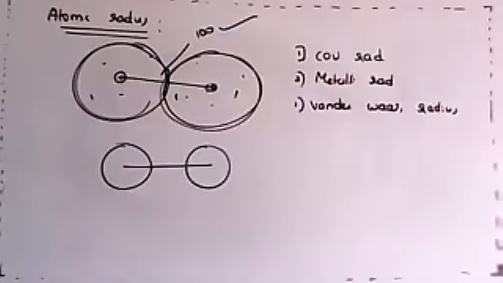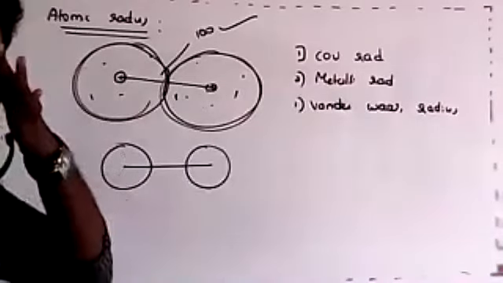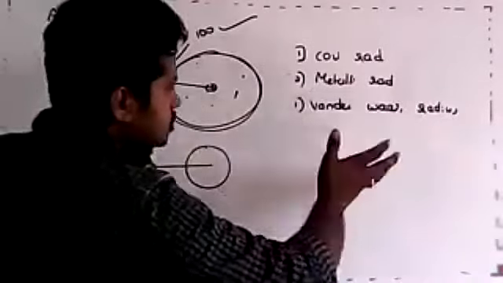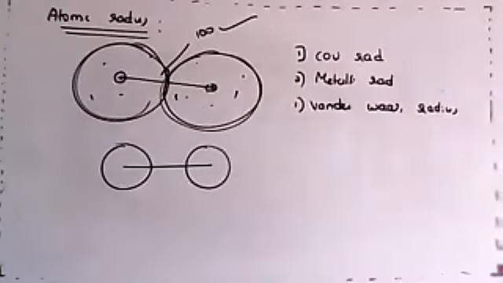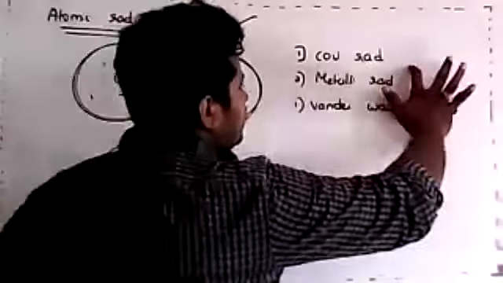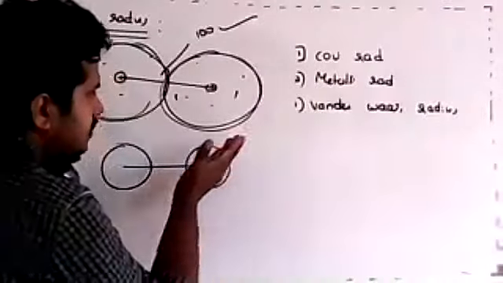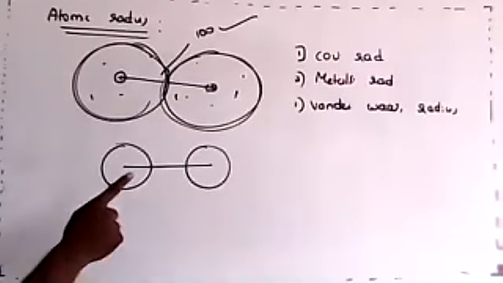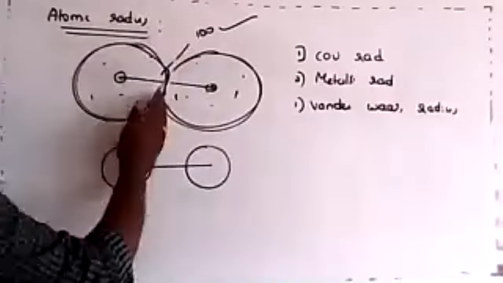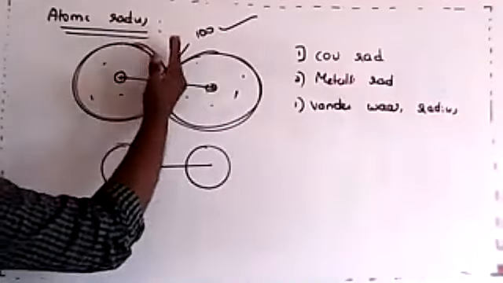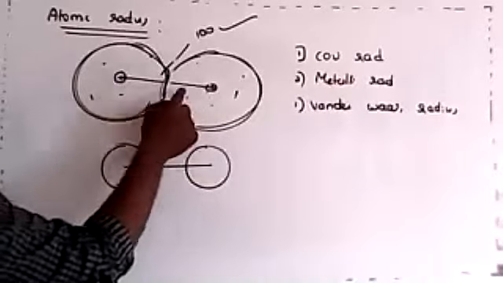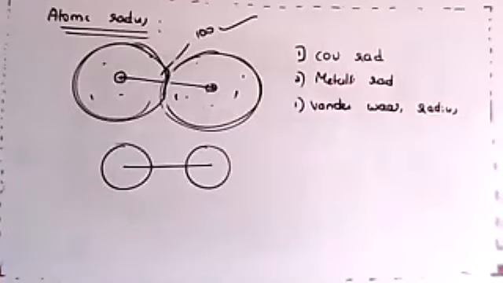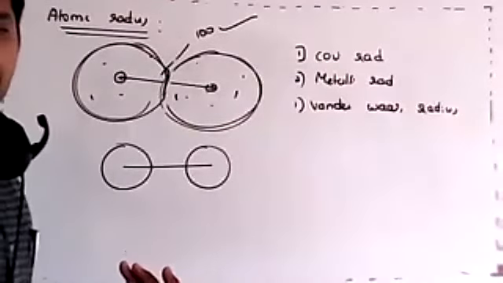So these are the things that we already discussed in the previous class, where I told you how to find and measure the atomic radius and how it varies. Covalent radius can be defined as one half of the distance between the centers of the two nuclei which are bonded by a covalent bond. I will repeat slowly. Covalent radius is half of the distance between the centers of the two nuclei when they are bonded by the covalent bond. So that is how, in a simple way, you can define a covalent radius.